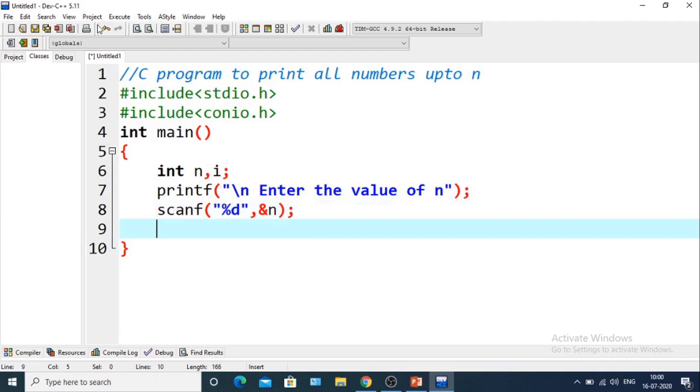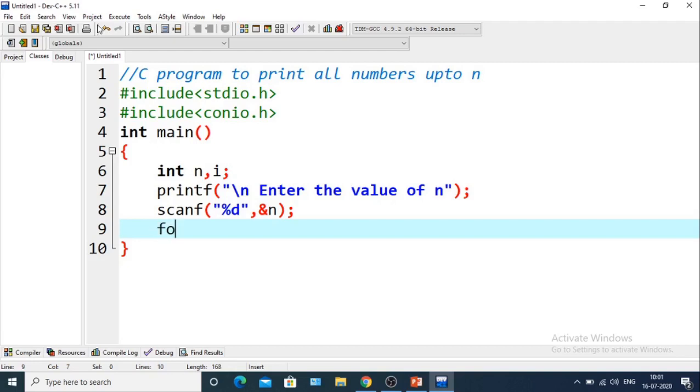Now we will print all the values from 0 to n. For that we will take a for loop. We have to print all the values from 0 to n. So we will initialize the loop from 0 and it will continue up to n, and every time the value will be incremented by 1 as we need. Suppose the first value is 0, after that the value required is 1. So 0 plus 1 is 1, so it is incremented by 1. Next we require 2, so from 1 to 2 it was also incremented by 1.